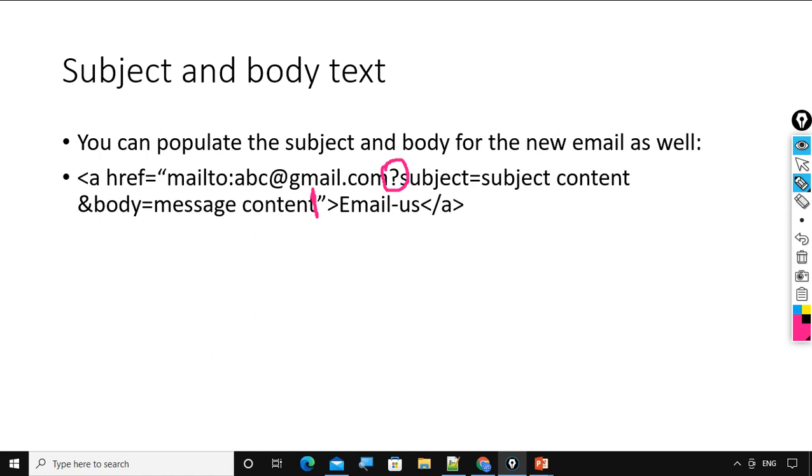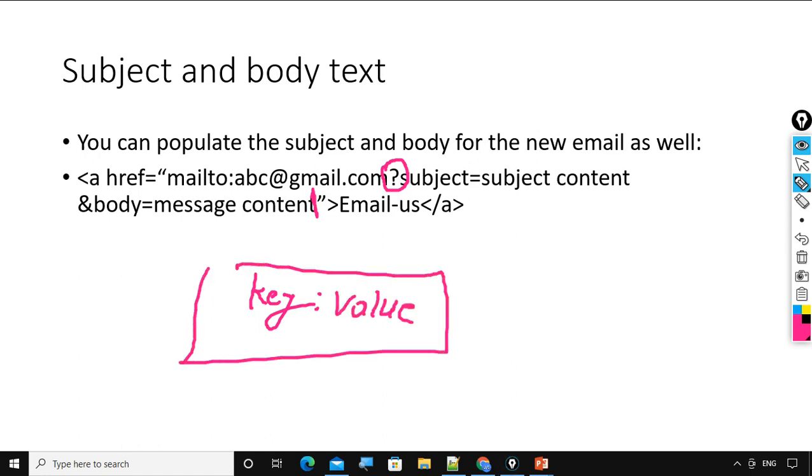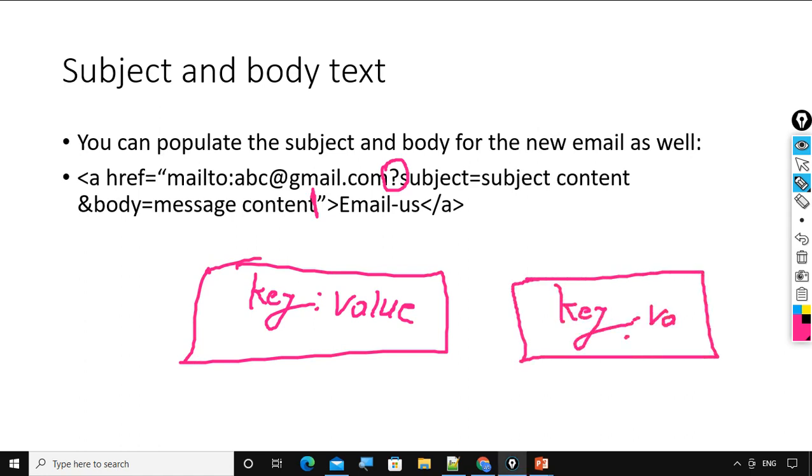What do we have in a query string? We have key value pairs, and we can have multiple key value pairs. We can separate one key value pair from another with the help of the ampersand symbol.